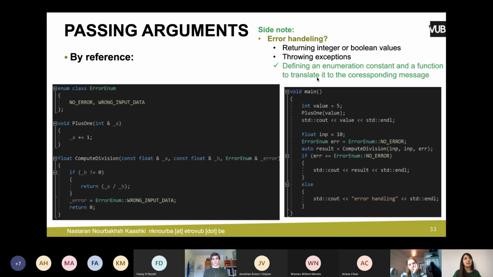This is your first exercise. Whenever I'm writing a function, that function should not return an error, but should change the error based on what happened in that function. And when I'm calling that function, I should check if an error happened in that function or not. And for handling the error, I should use a function that will translate that enumerated constant to